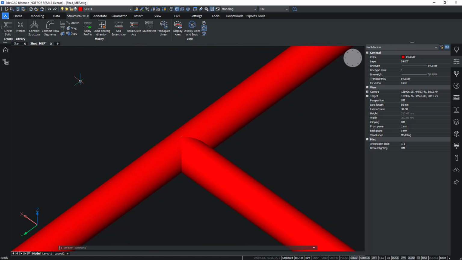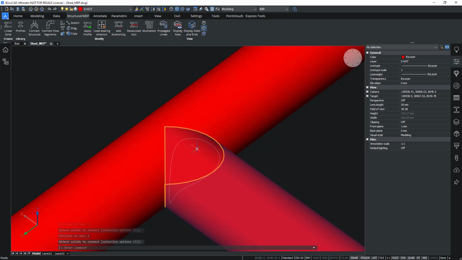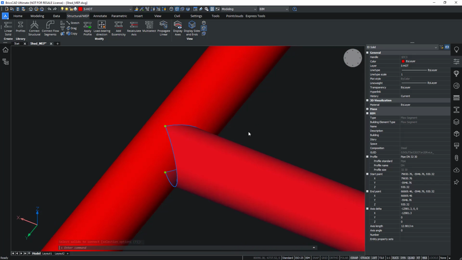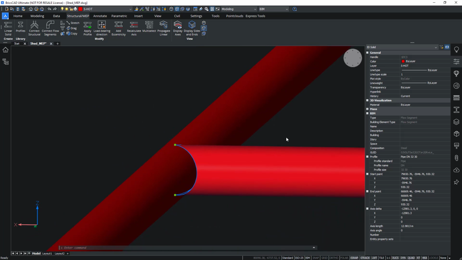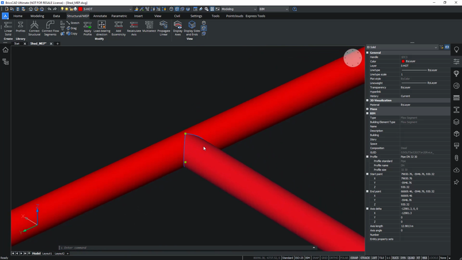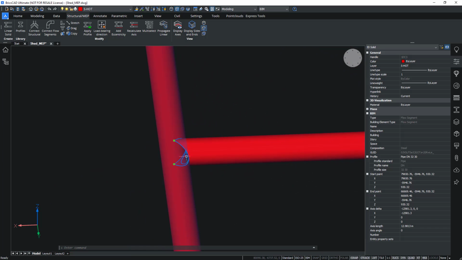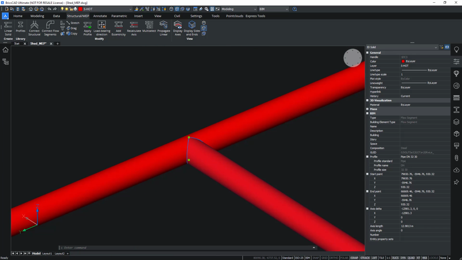So I can use the connect flow segments command, select both of the segments, and in this case it will modify this connecting pipe here so it fits to the other one properly, so it moves around instead of clashing with it.